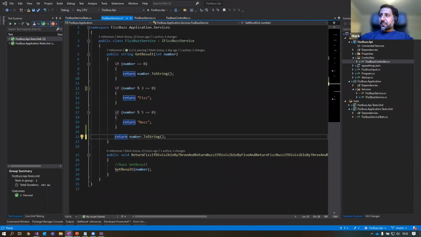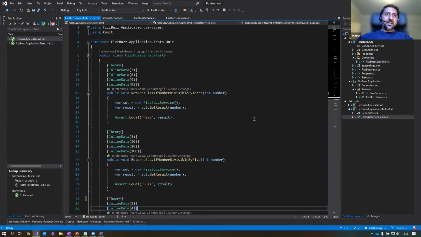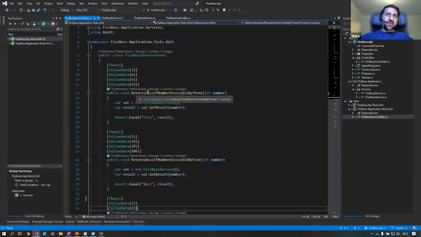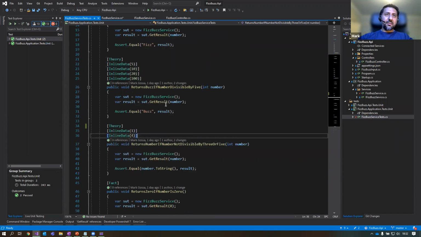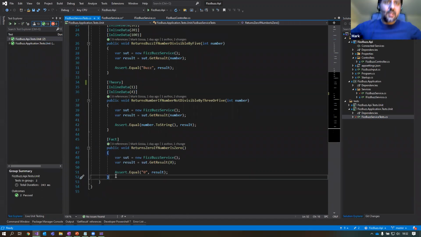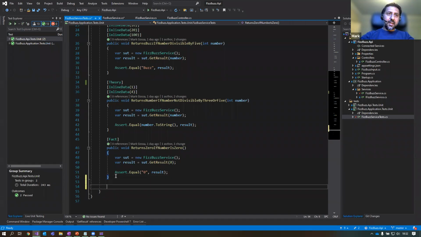So I've got a test class for this. So here you've got all the different tests for checking if it's divisible by 3, then return fizz. The same if it's divisible by 5, return buzz. So there's no test for if it's divisible by 3 and 5. So let me quickly paste that in.